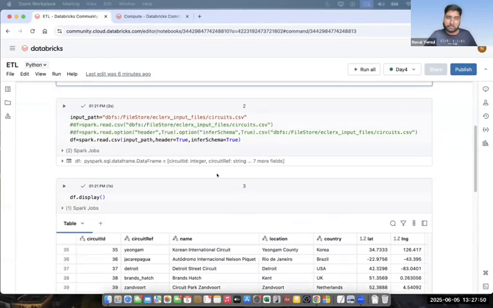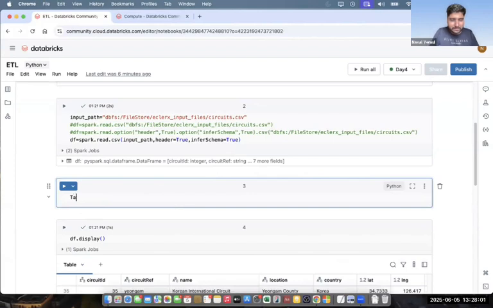So I'll give you a simple task now. Whatever we have learned in the data frame, I want you to implement it. Just you do it. I'll give you 5 minutes. If not, I'll explain it. Not to worry. So the task is: